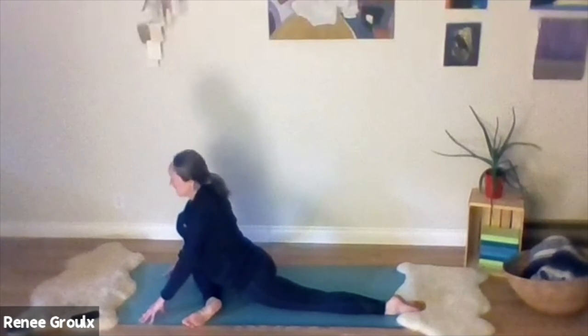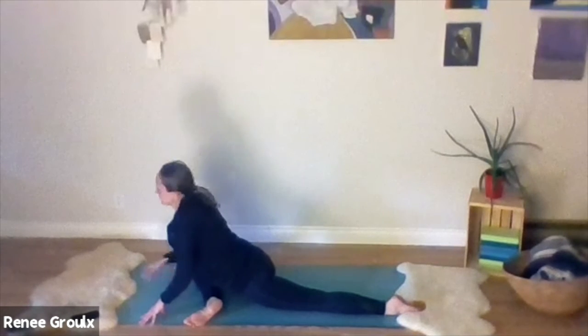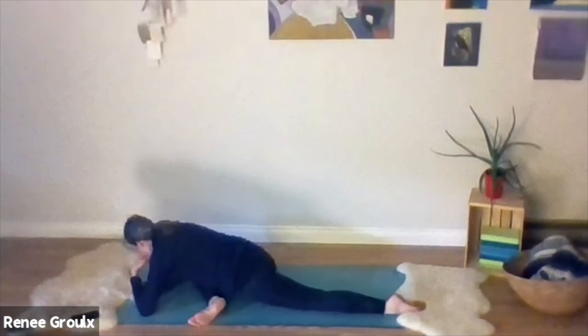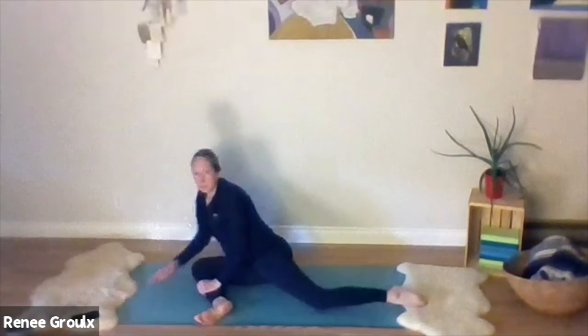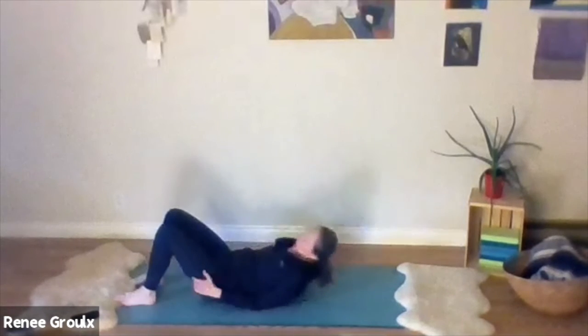So for those of you in pigeon, coming up nice and tall. And then as you sink down, maybe hands come out, stacking on the fists. So we'll stay there in pigeon on that right side for a cycle of 3 breaths. For anyone who needs to come into figure 4, coming down to the back,